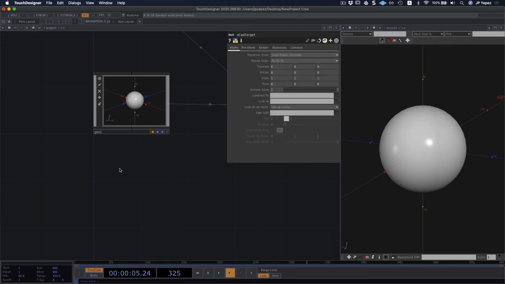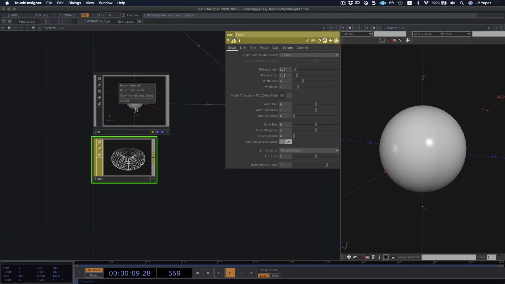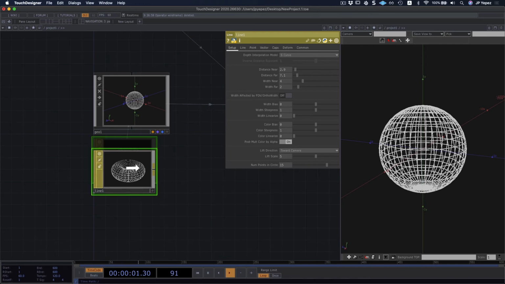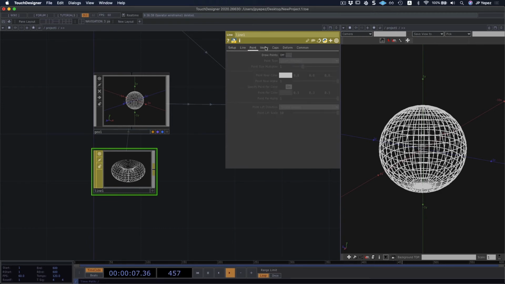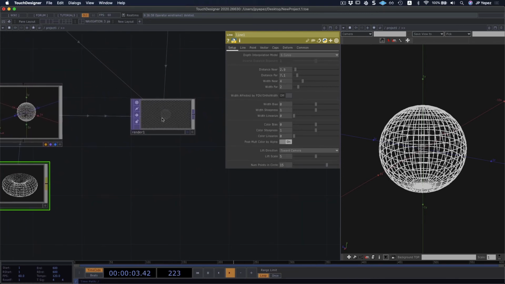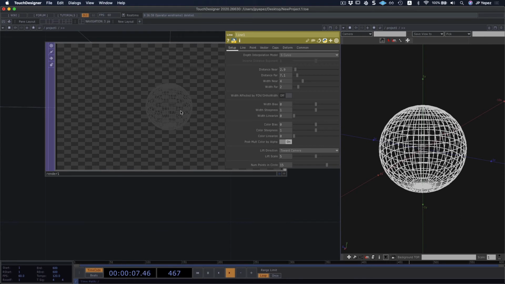So what happened is that recently they added a line material, which is far more exciting. As you can see, it's very similar to a wireframe, but I have a ton more options through these tabs. And what I want to do is play around with these tabs to do something interesting with our render.